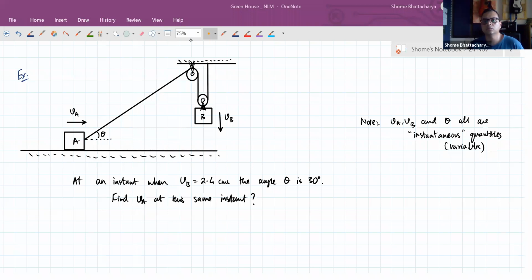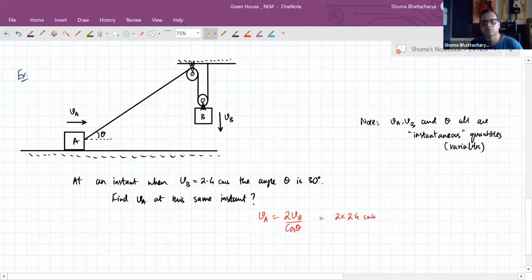Okay, so hope you understood the relation here. What you will ultimately get is that VA should come out to be 2 times VB by cos theta. This is the relation you should be getting. Okay, so in this particular case, that will be